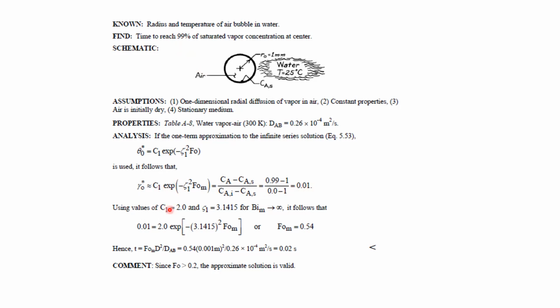And the C1 value you can get from the chart for this solution. This is an infinite series solution, and there are some charts available for that solution for different cases. Mathematically, these constants are obtained by solving the Fourier series. So there are values already available, like in our logarithmic table and all. So C1 value comes to be 2, and zeta 1 value comes to be 3.145, for which case Biot number